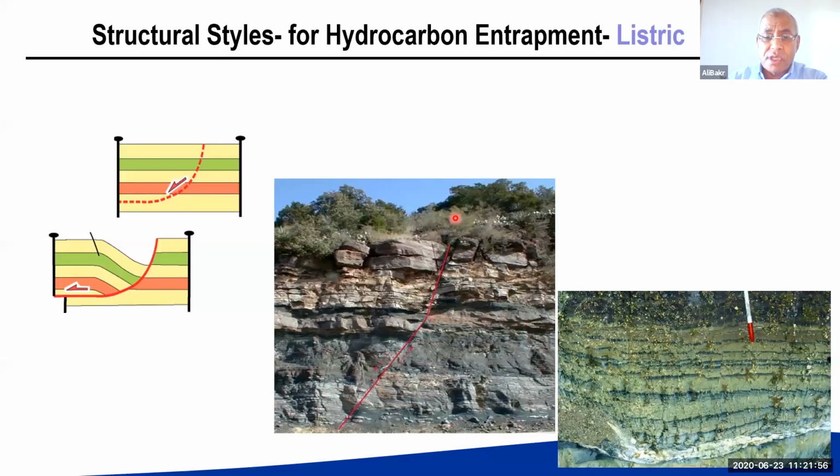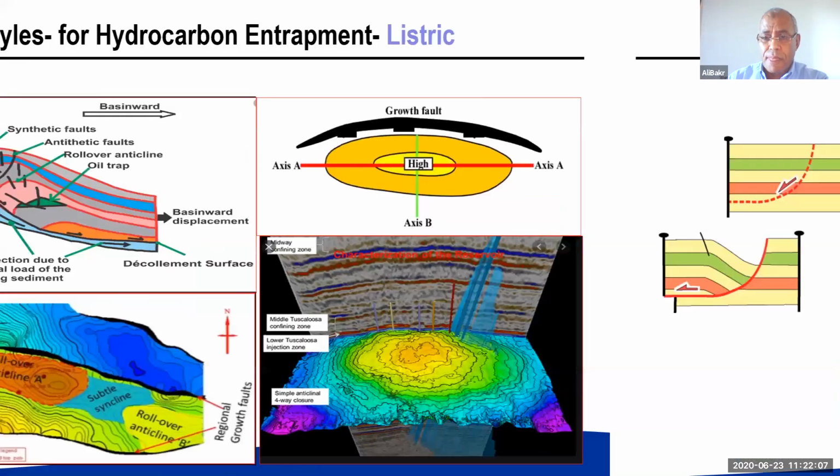And the most important thing here is the shape of the fault itself. On the cross-section, it will be a crescent shape. And on the map view, like what we're going to see, it's going to be